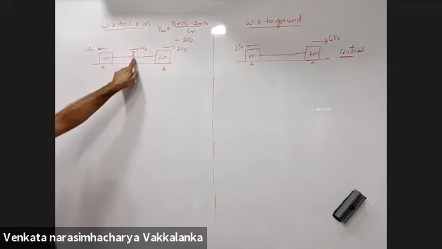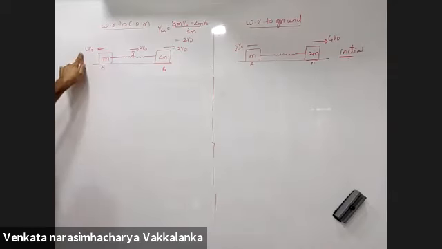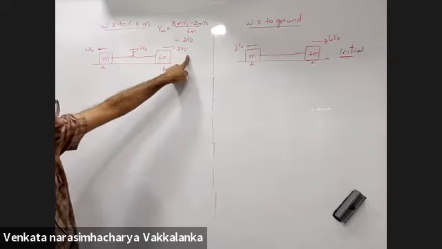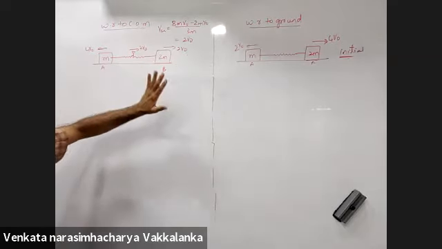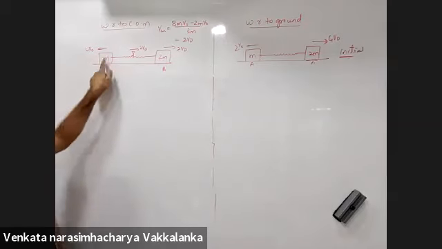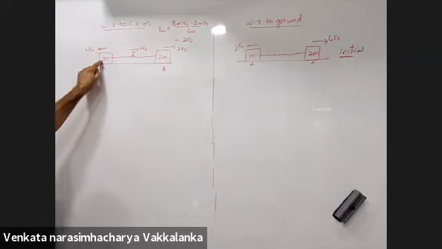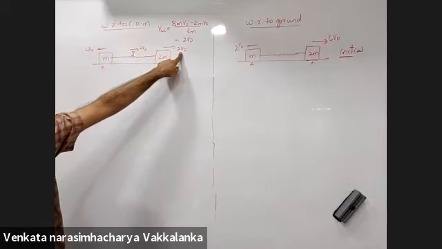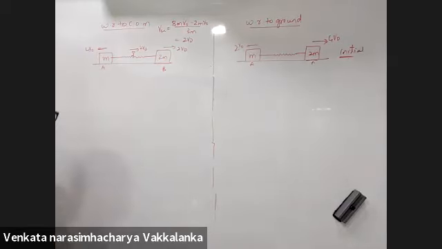Yes, sir. So A is going towards the left with 4v naught, and this is going towards the right with 2v naught. Whether I am right or not can be confirmed by getting the momentum of this and this. This is 4mv naught, this is 4mv naught, both are equal and opposite.